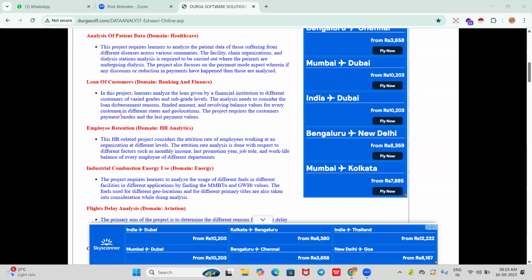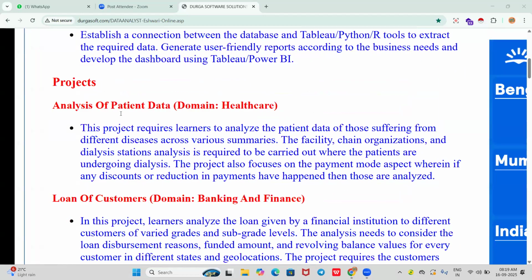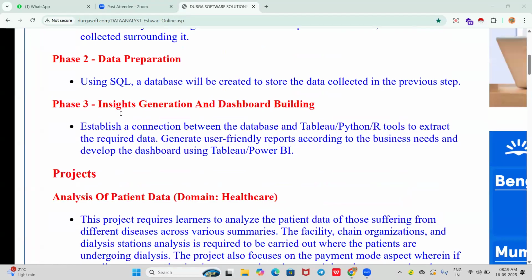I forgot to tell you that the DurgaSoft management is launching a placement cell. Not only training, they are providing placement assistance as well. According to your profile, they will have a large pool of data. For job opportunities and openings, every notification will be sent to you so that you can apply for the placements.